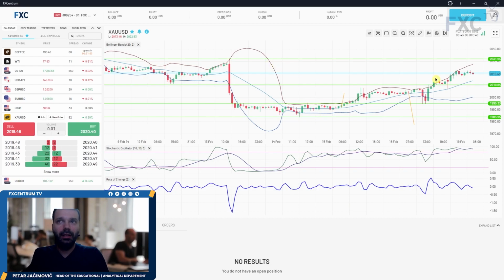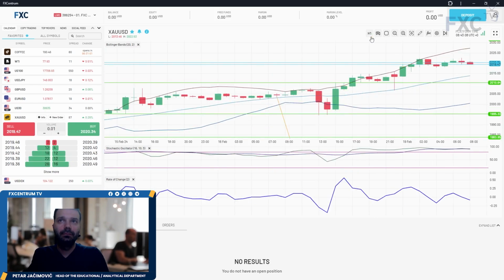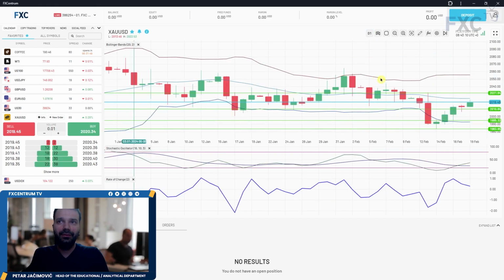And then we have a gold market, which on the daily time frame had also, we can see, rejection. So market closed below the lower Bollinger Band, but the very next candle was a narrow candle. And then we started with a rally and market went into the mean, basically the middle Bollinger Band, which is sitting around 2025. So there is a chance also for the gold to take this pin bar high around